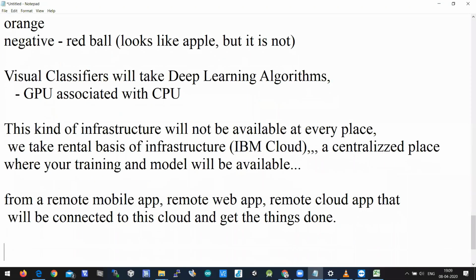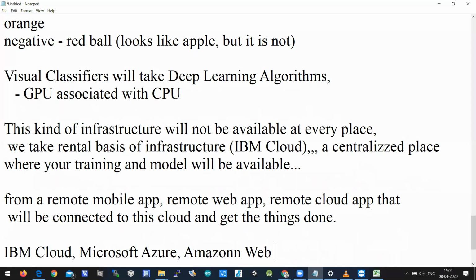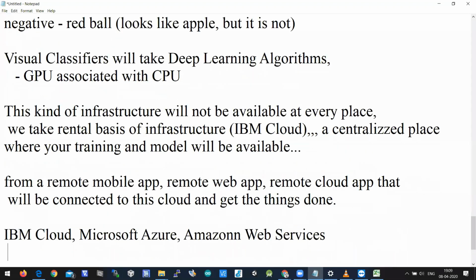Not only IBM Cloud, but Microsoft Azure, Amazon Web Services, and all these cloud vendors are offering visual classifiers. The names will be different, but they have this space called visual classifier.